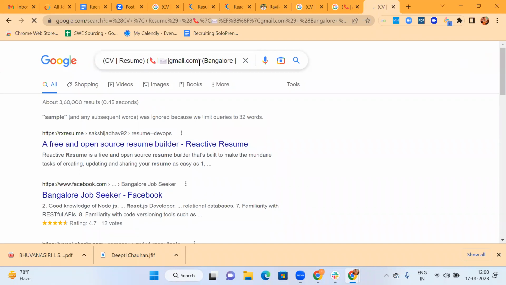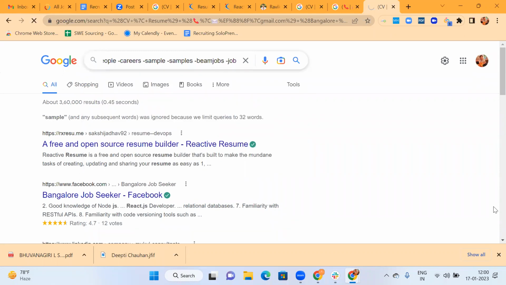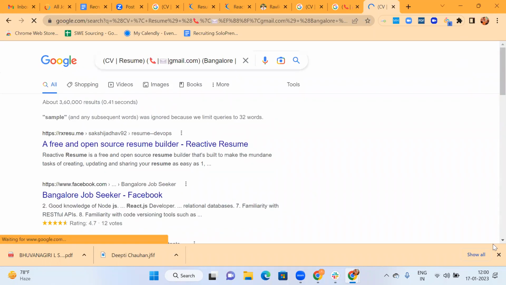Let's remove either one of them. Now it has gone beyond. Let's remove either one of them. So job we got here.